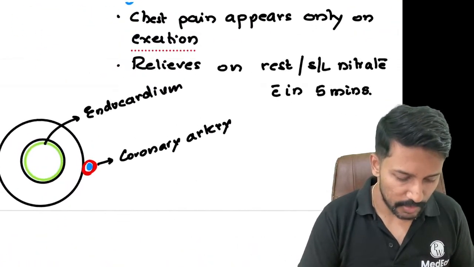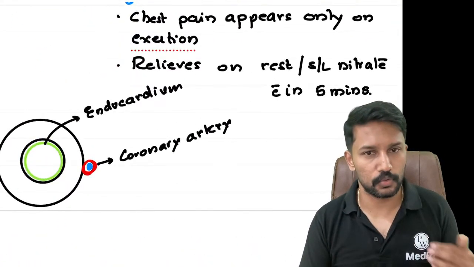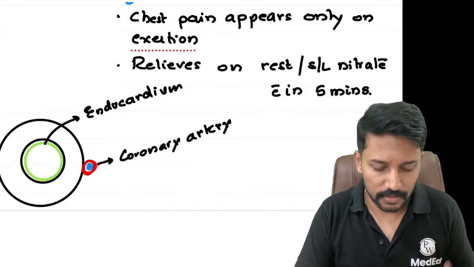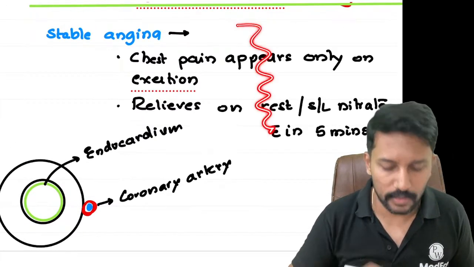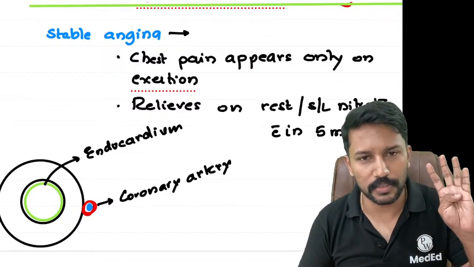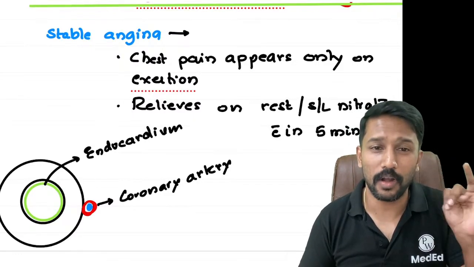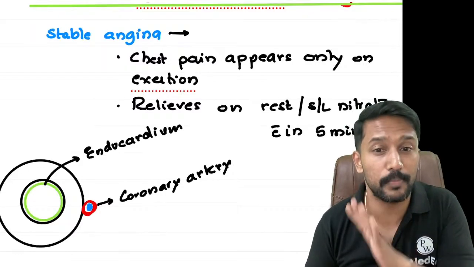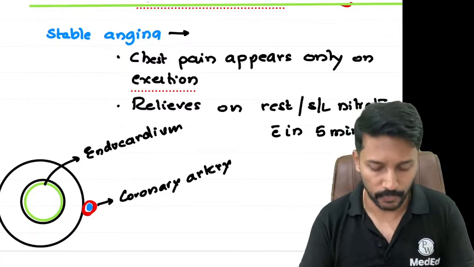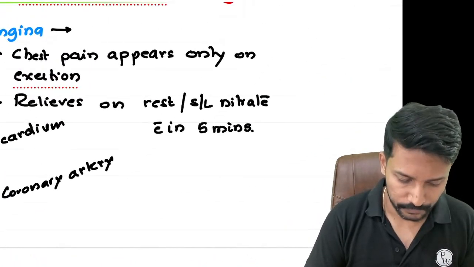Now what is unstable angina? Unstable angina refers to the condition which, to call it a stable angina, angina should meet all these parameters. Means only on exertion and relieved by rest or nitrates within 5 minutes. If any of these parameters are breached, then it is unstable angina. So to give you an example,